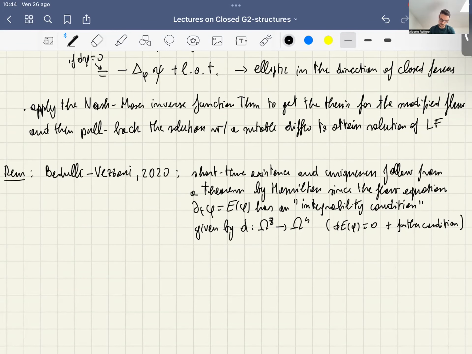So in any case, you can show this result directly by applying this theorem if you want. And moreover, of course, once you have short-time existence and uniqueness of the solutions, what you can do is investigate the analytic properties of the flow, understand what one can say about the long-time existence, and understand what it is possible to say about the stability of stationary points. All these analytic properties